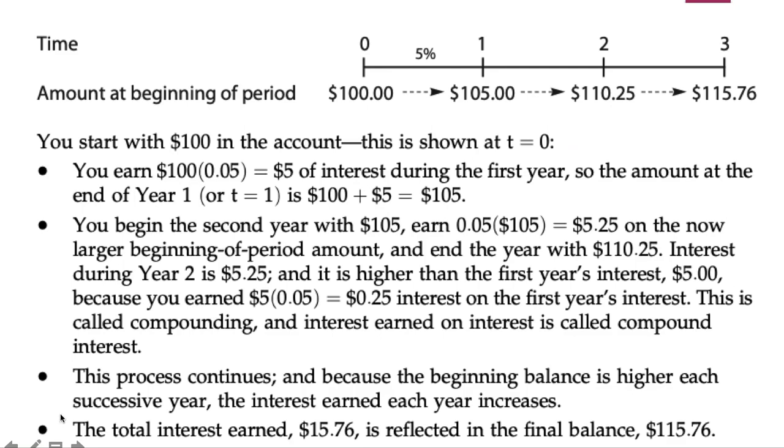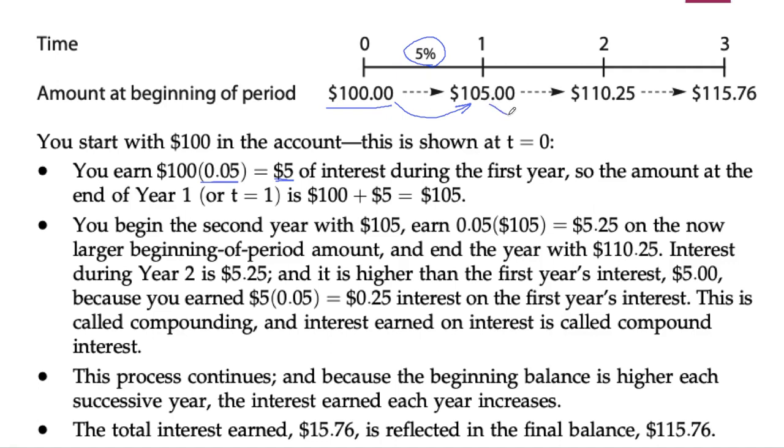So here is a more detailed diagram or demonstration. For example, as we said, you might have a 5% interest rate, and if your money initially is $100, that's going to grow 5%, which equals $5. So this 5% is $5 of interest during the first year. So your investment grows to $105. And then